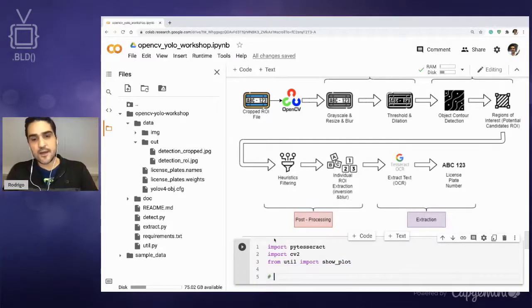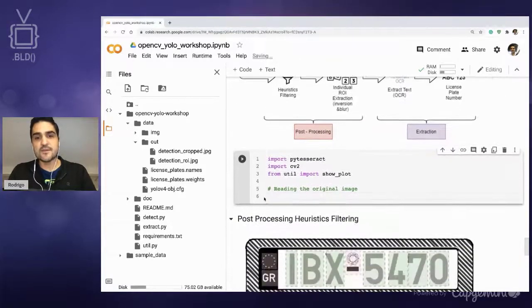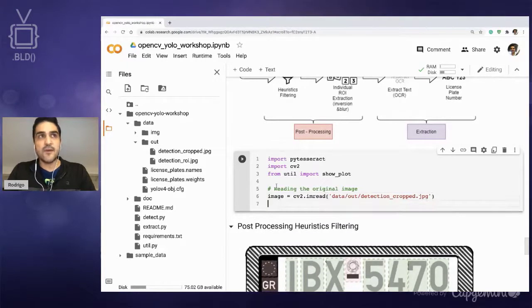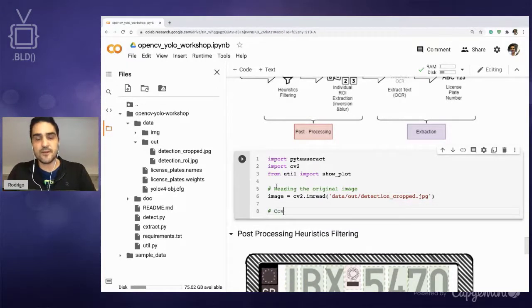So our first step will be reading the original image. And for this, what we are going to do is create a variable and use OpenCV to read that image here. And then just put the location of it. It's in data, out, detection, and crop. Okay. Once we have this image, as I say, we need to convert it to grayscale